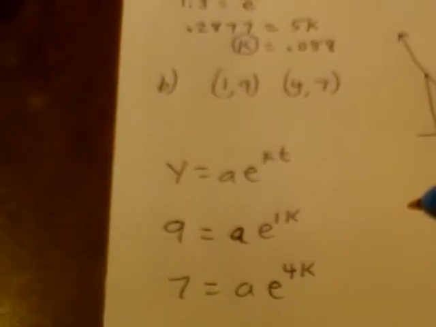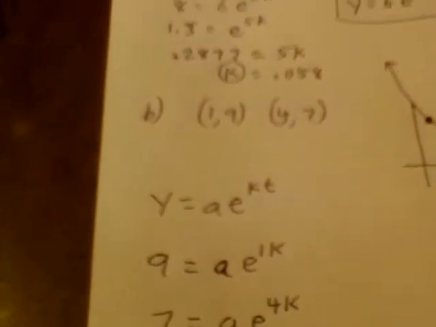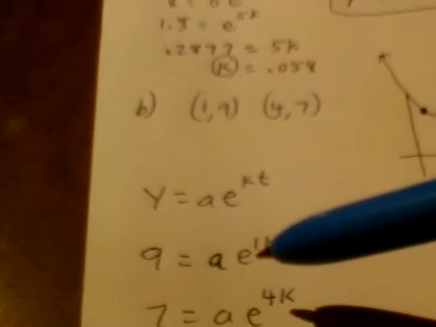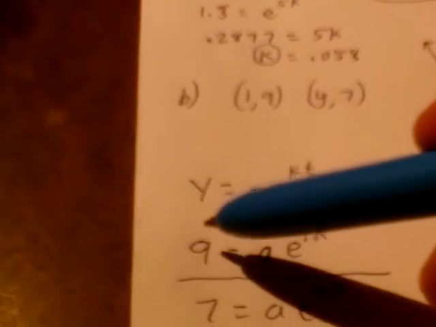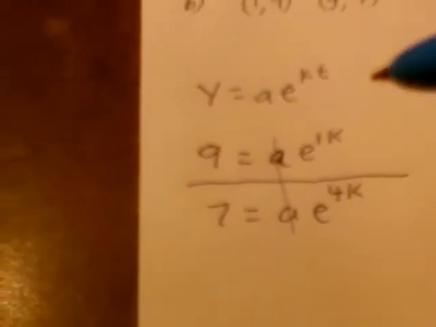And so now we see that we have two expressions here, and we see that if we took these two expressions and divided them, which is exactly what we're going to do, we're going to end up getting rid of our a. So our a's are going to cancel off right here. So you can see them canceling right off this big fraction here. Oh, sorry. So then we're going to divide 9 by 7. So we're going to go over to the calculator, and we're going to do 9 divided by 7 equals, so we got